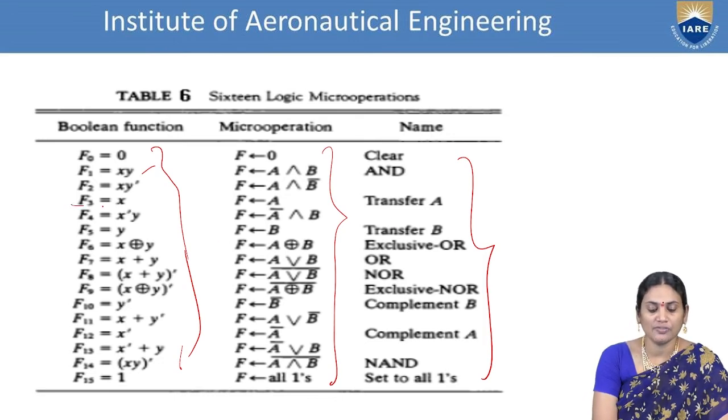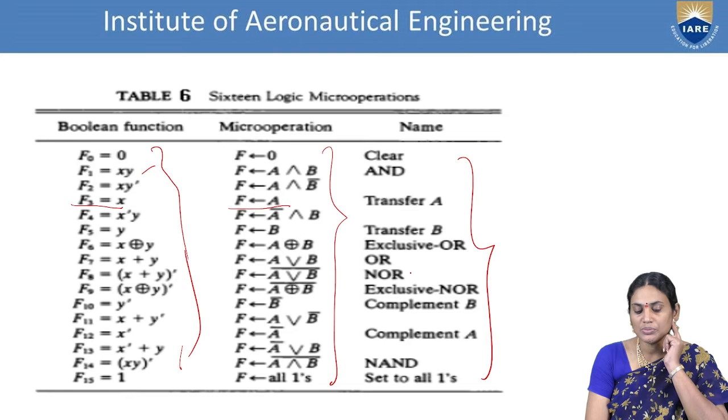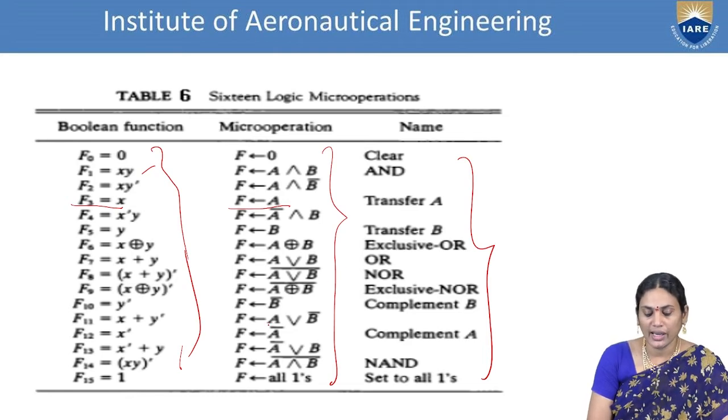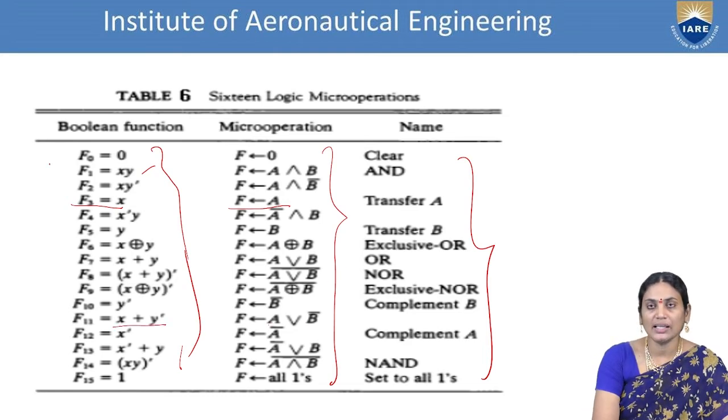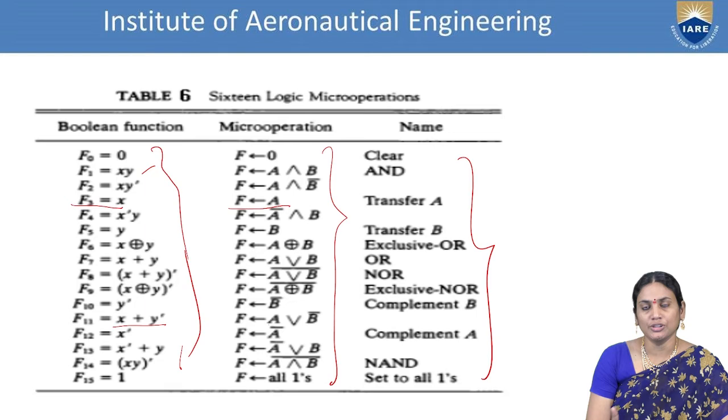So if you say that F3 equals x, this is nothing but a being transferred to F. Similarly, the different operations like a and b bar, or x plus y bar, are calculations made by means of K-map calculations. K-map was explained in the context of digital logic design, which expresses how zeros and ones are represented and how the different combinations of Boolean equations can be calculated from the truth table.